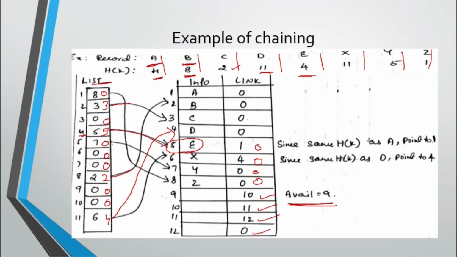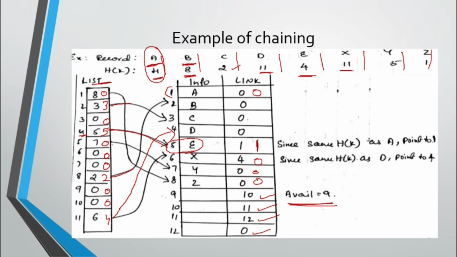Then what to do with A? Is it lost? No, it is not lost. Here it was 0. Now see, E's link is A. So A's address, which is 1, should be written here. So drop this 0 here, then write 1. Now 1 is A. So first from the list it is connected to E, and E is connected to A. That is all. Now A's link will be 0 because there are no more links.